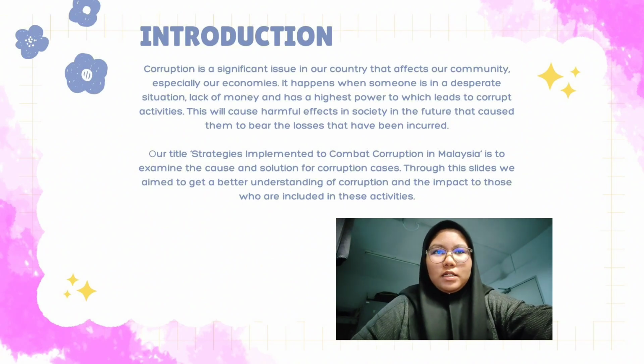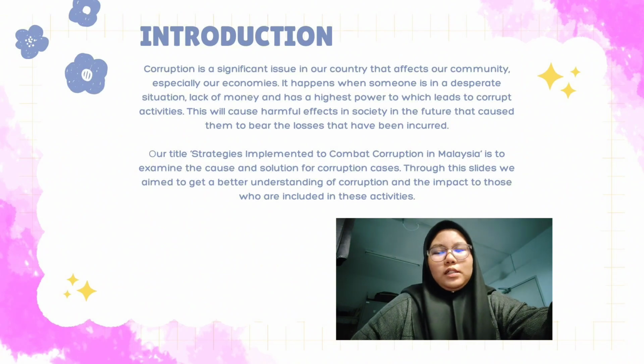First, corruption is a significant issue in our country that affects our community, especially our economy. It happens when someone is in a desperate situation, lacks money, and has the highest power, which leads to corrupt activities. This will cause harmful effects in society in the future that cause them to bear the losses that